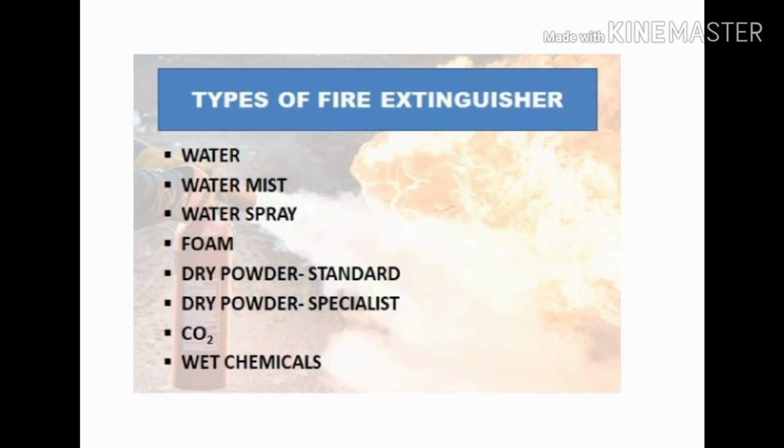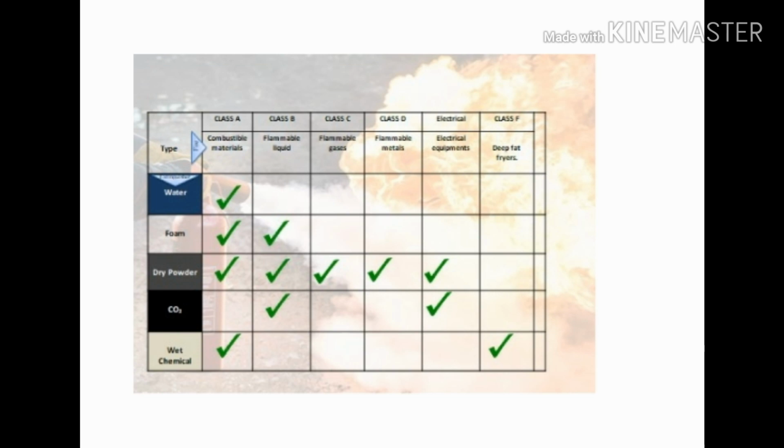Now the types of fire extinguishers: water, water mist, water spray, foam, dry powder standard, dry powder specialist, carbon dioxide and wet chemicals are the different types of fire extinguishers. See the chart, it is very easy to know what type of extinguisher needs to be used for what